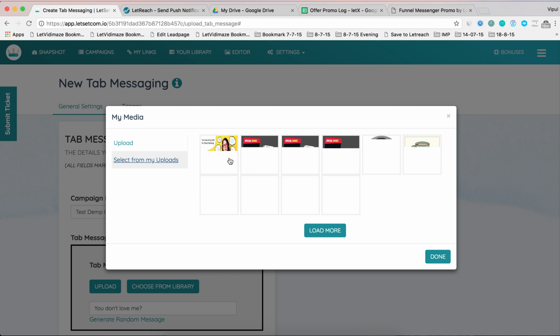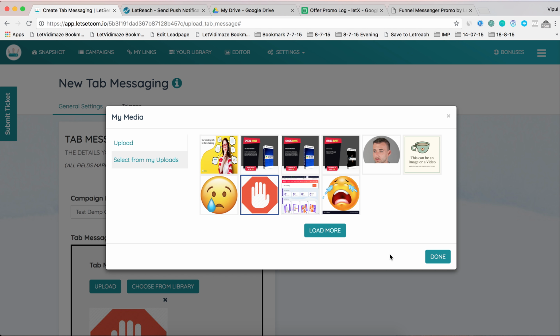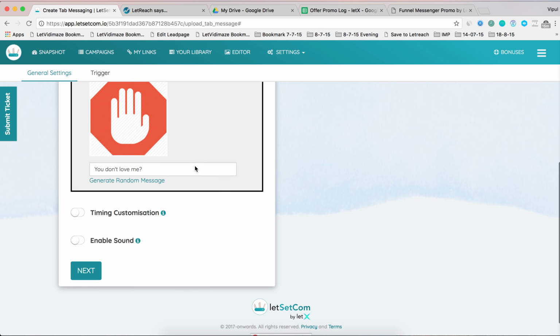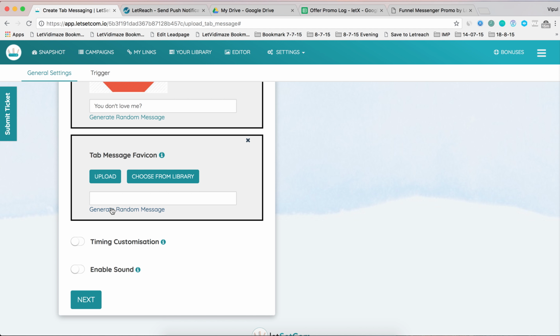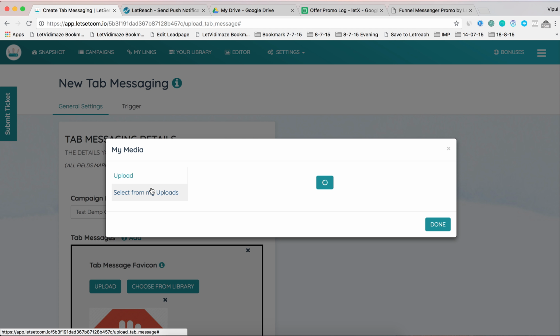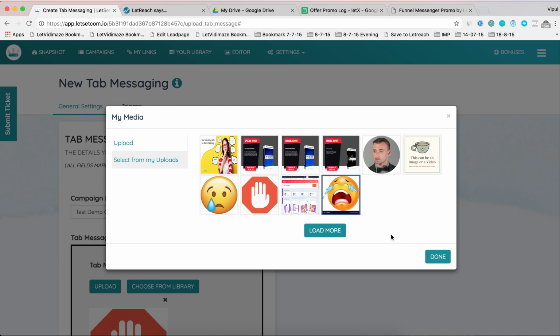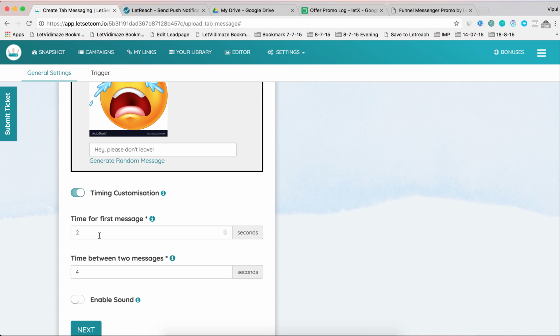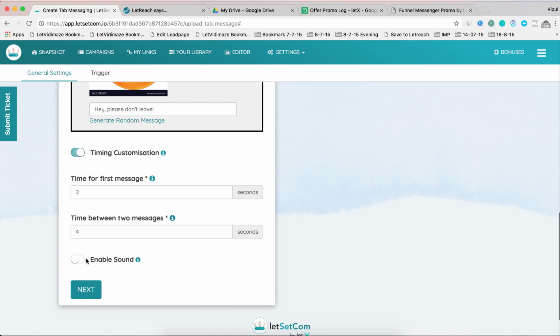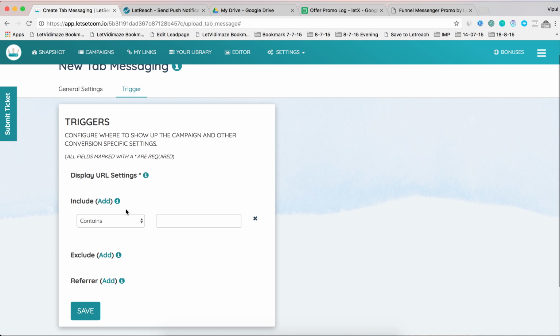I'm going to use something from my own library because I have a lot of them over here. You can also click on add new if you want to add further messages. You can just say, hey, please don't leave, and use any of the favicons out there, and then you can customize the settings. So you can say, I want to show the first one in 2 seconds, the next one in 4 seconds, and as soon as you click on next,